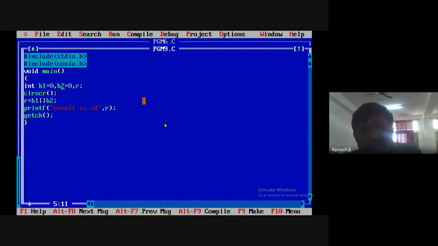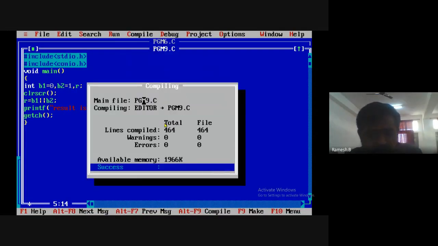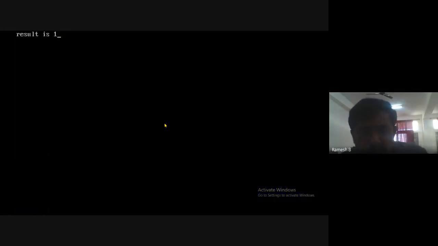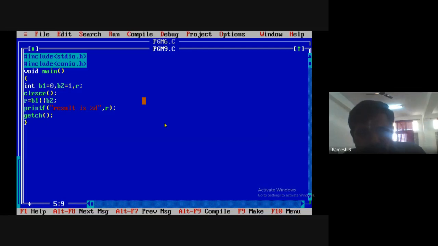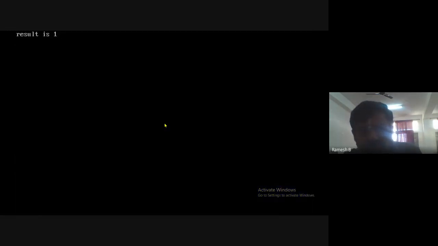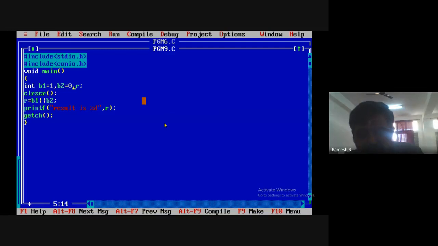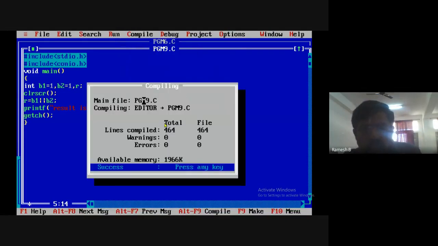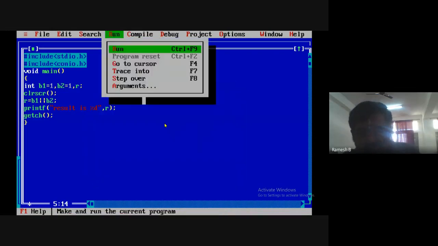Now this time I will change to 0 or 1. I'll compile this, I'll run it. So 0 or 1 is 1. Similarly, this time I'll change to 1 or 0. I'll run it. The result is 1. Now similarly, 1 or 1. The result is 1.